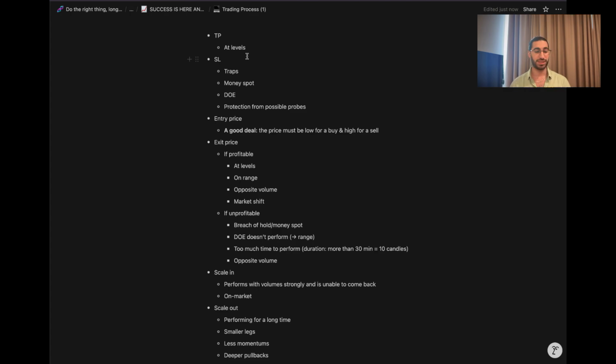So for example, if I'm buying and I see that the price is going upwards and at a certain price level above the current price of the market, there is a consensus price, there is a range, there is a point of control. This is where I want to put my take profit, or at least my first take profit, for the simple reason that the price might react from these levels, okay? And it might go back against you, or it might not continue to go up. So you want to be safe there.